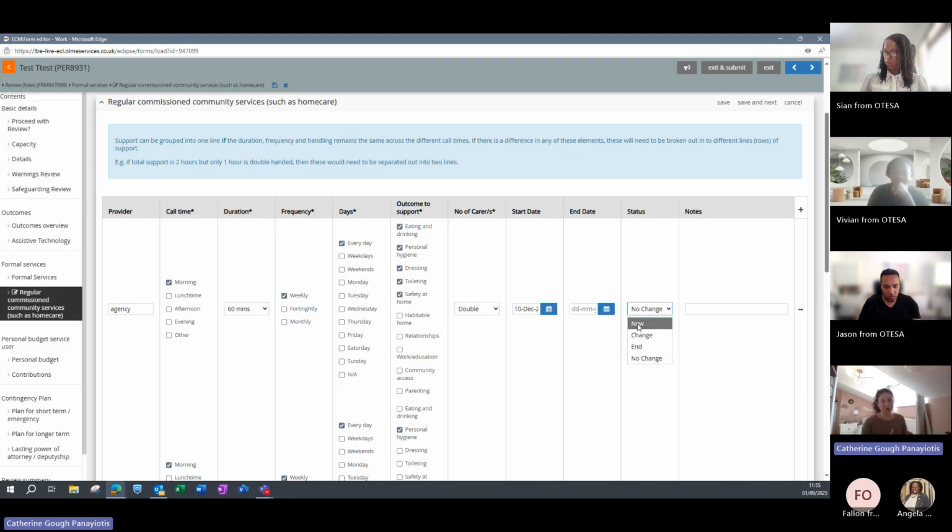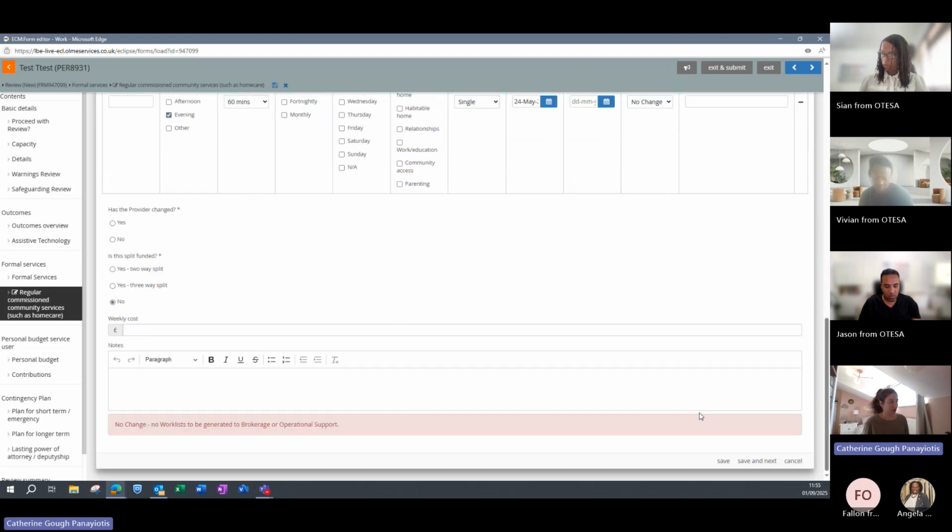So the new is if you identify that maybe the support was not enough, you'd be adding a new line. You would use the new option. If you wanted to change, so let's say, for example, we've identified that actually this call is now single-handed rather than double-handed, I would be putting that as a change, and we'd change that to single. So now when I save that section, just,